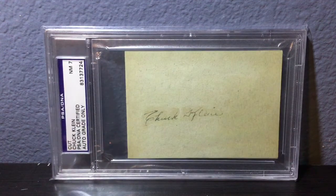This is of Hall of Fame slugger Chuck Klein. It's only a near mint 7 autograph, and I can actually see why this one's graded the way it is, because it is very faint. It's faint on the postcard or index card or whatever this is, but man, this is still a $400 to $500 autograph, and just one of those that I picked up in an auction a long time ago. Next up